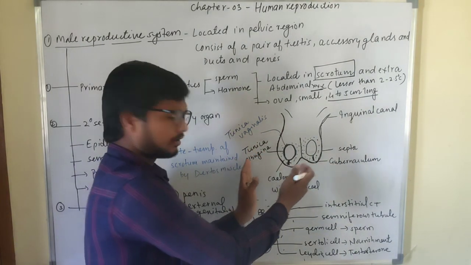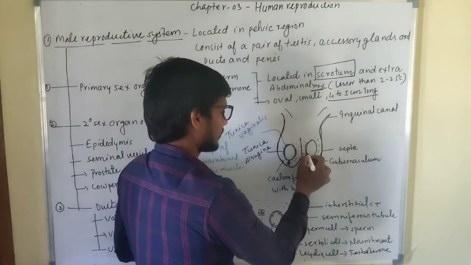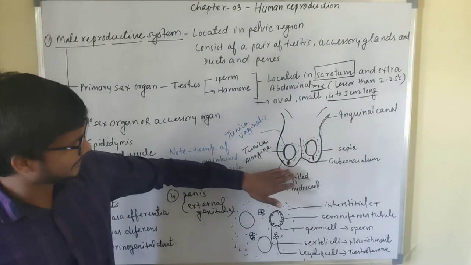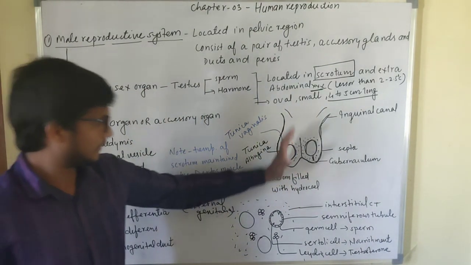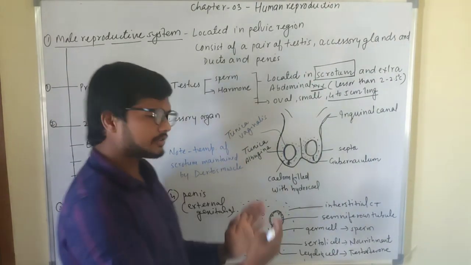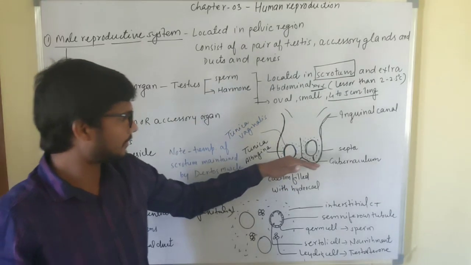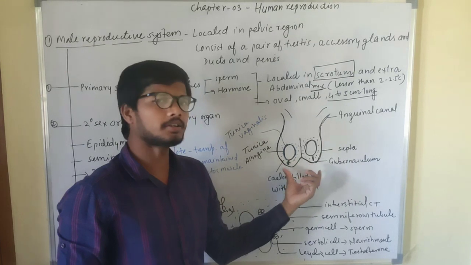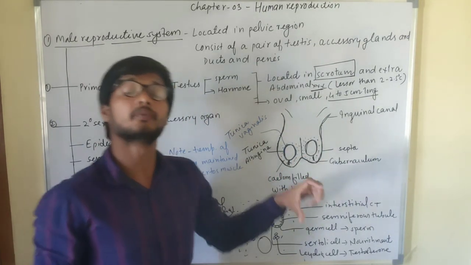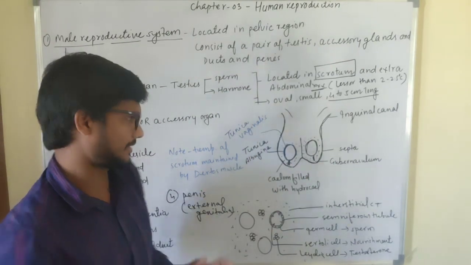A particular label difference is here. This is testis number 1 and this one is testis number 2. We can see clearly a label difference. This one is just lower and this one is just upper. It means that both are not parallel, because this arrangement helps the testis to prevent various kinds of injuries or squeezing of the testis.